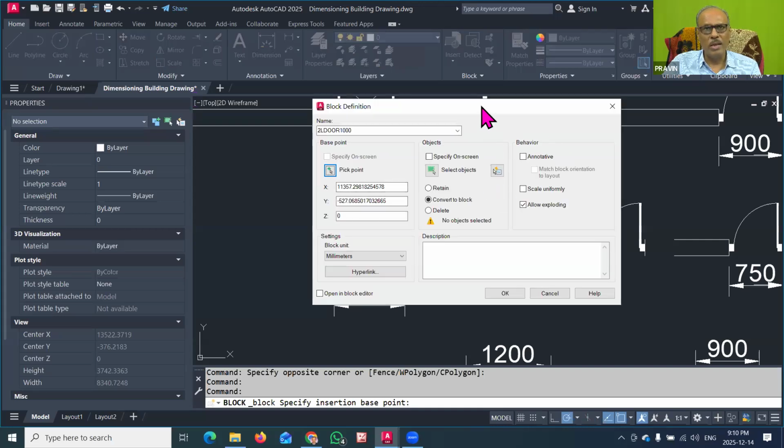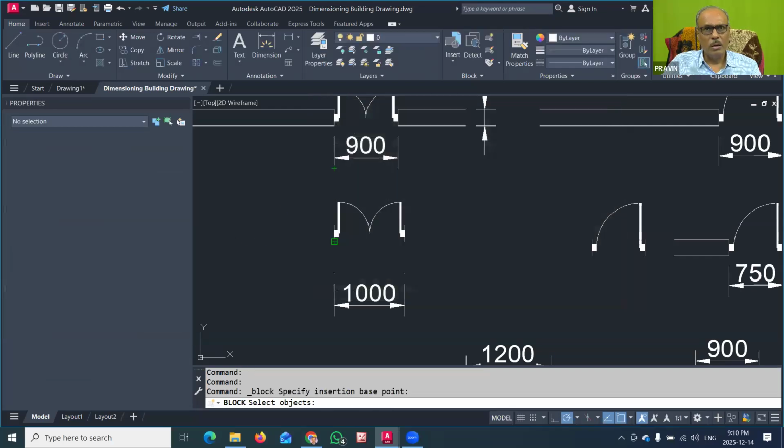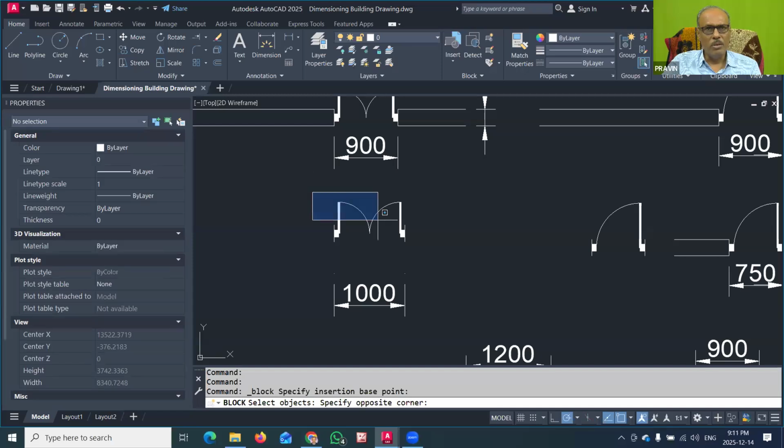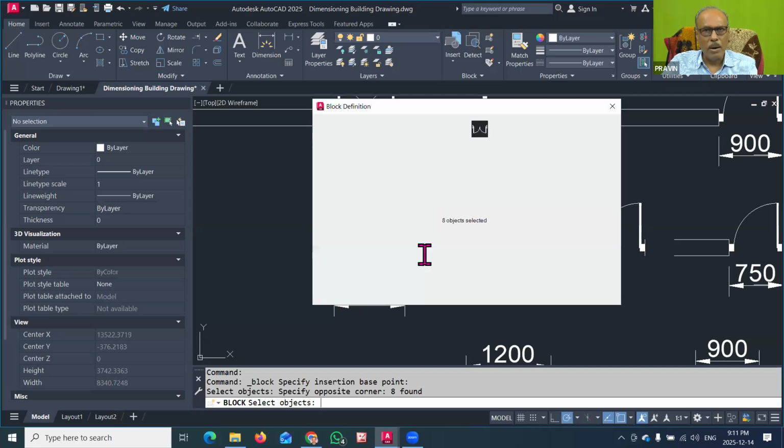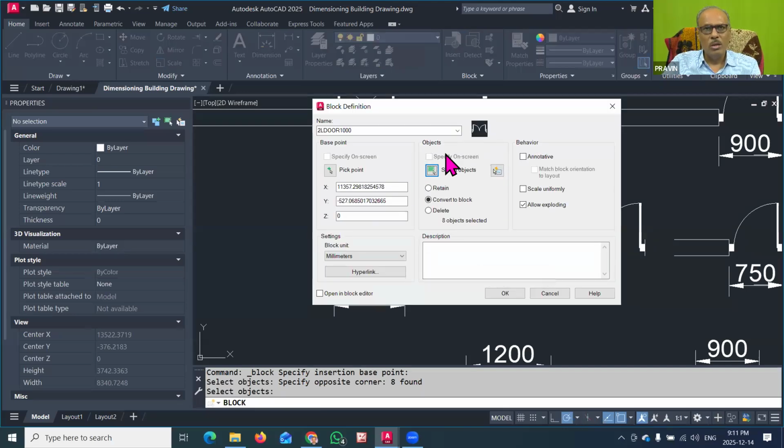So I have returned to again this dialog box, where I have clicked here and I have picked that point. Then I have to select the object. So these are the steps. So I have clicked on select object, and now I will select all this one symbol. So that only I have selected. And then after that you have to press the enter. Already we have seen that after every select object command, we have to press enter to proceed the command. So we have again returned to this. Now you can see that the preview of your symbol was appearing here.